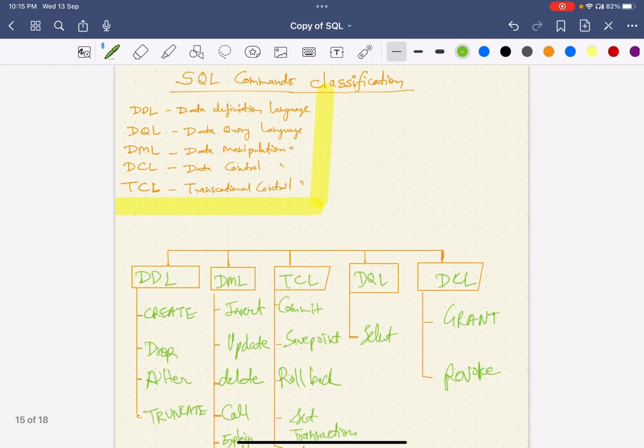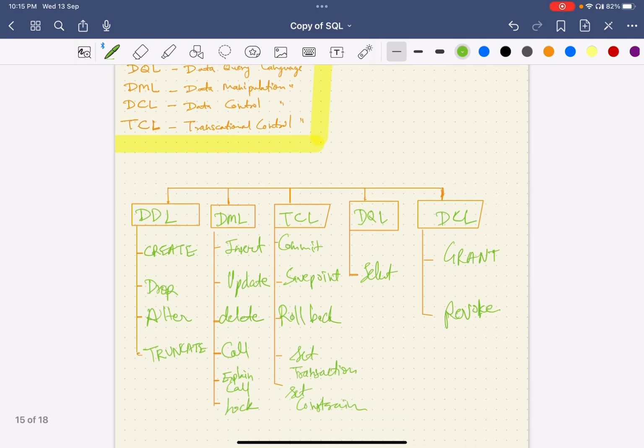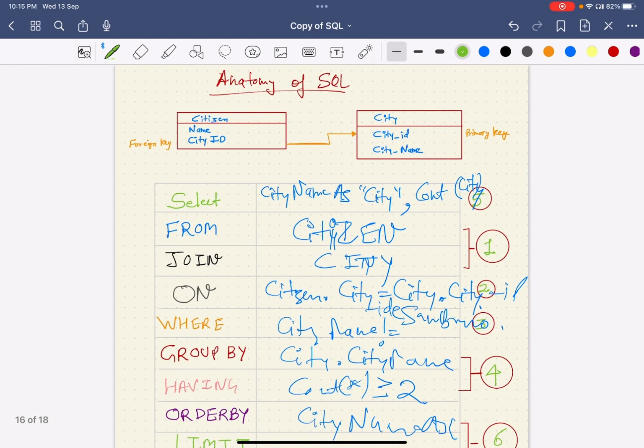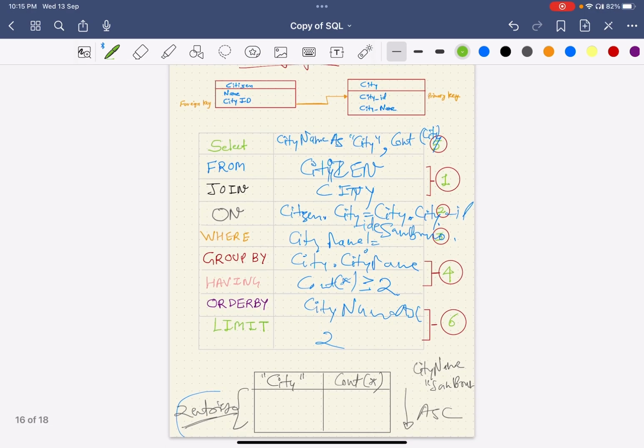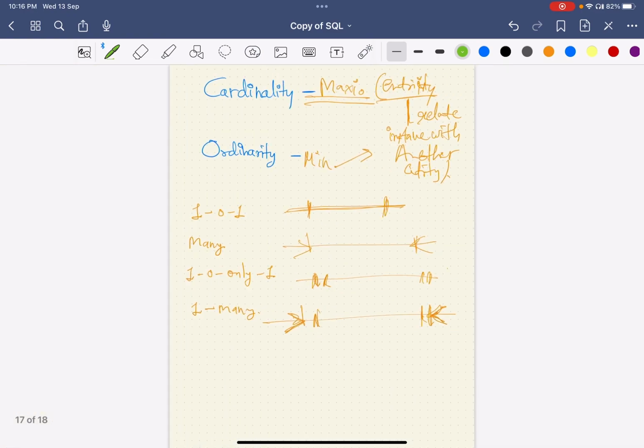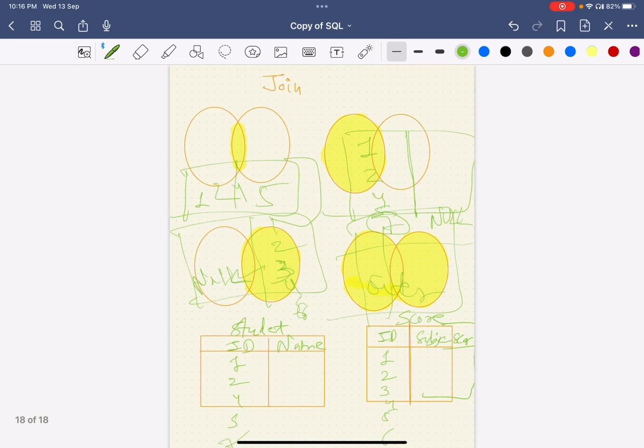So we got the understanding of different commands and their classification. And then we had a question of how we will write SQL queries. So we got the anatomy of SQL, how we will solve different problems. And then we understood the relationships, like what cardinality and ordinality are, and what different types of relationships can exist between two tables. And we got to know, when we join them, what different types of joins we can have,